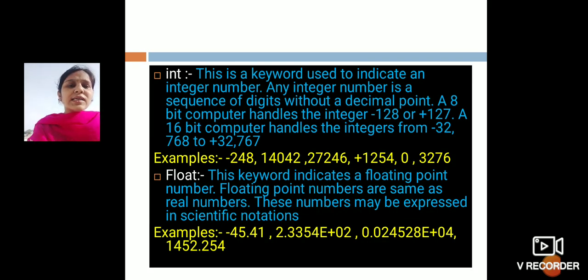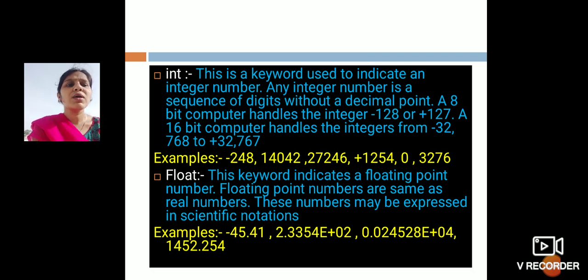Next, let us see in detail about the int, that is integer. Int is a keyword used to indicate an integer, and any integer is a sequence of digits without a decimal point. In the previous videos also we have seen that integer means numbers which do not contain any decimal point. And what is the range of storing int values? An 8-bit computer handles integers from minus 128 to plus 127, and a 16-bit computer can handle the integers from minus